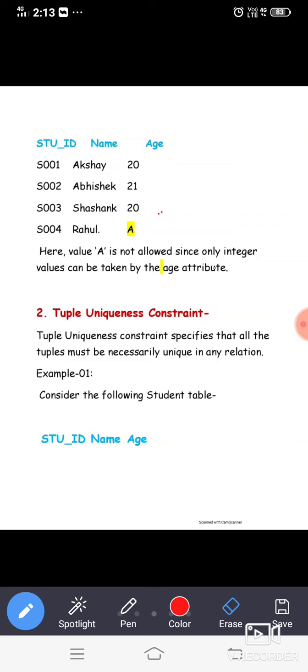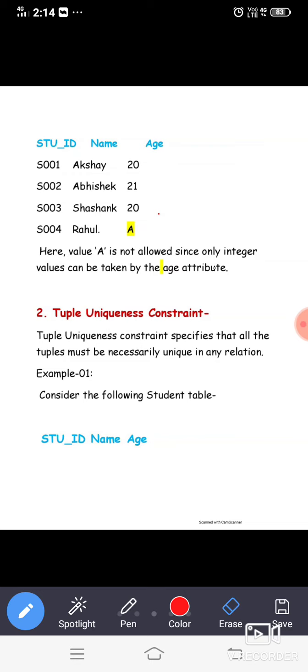For example, if you don't want to violate the rule, what are you going to write? You have to write a valid age here. Instead of a, you can write something like 26 or whatever, maybe the age should be in the numbers. Okay, the rule is here the age should be in the numbers, but you have written it in the form of the letters, which is a violation of the domain constant. Domain is nothing but the suitable values. Here there are no suitable values, so it is automatically violating the domain constant.